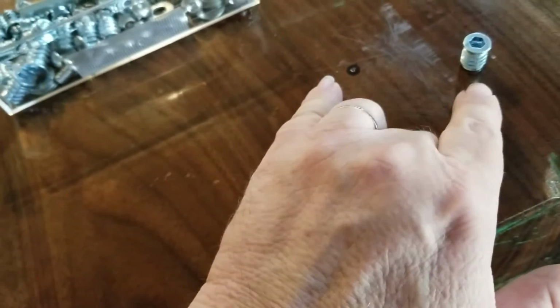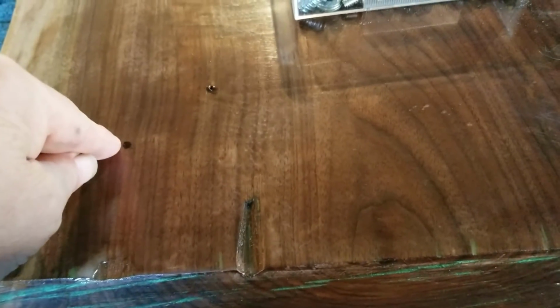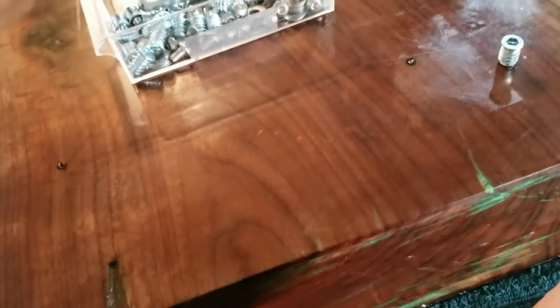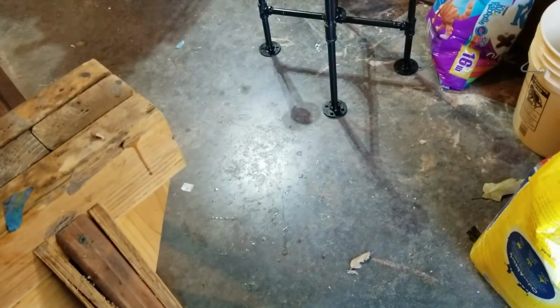So the purpose of this again is I'm going to drill these and put these inserts in. So I'll get these two inserts in. I'll get one insert in over here, then make sure I mark my spot here, and then mark my spot on the other two legs up there, and then take it back off, finish out those inserts, and then what I'll end up doing is putting some felt on